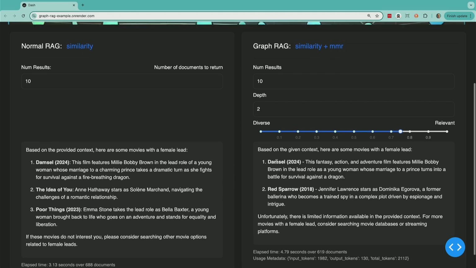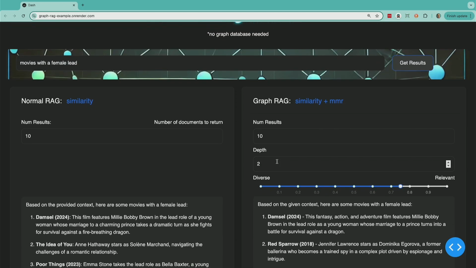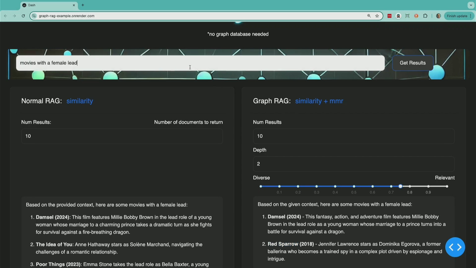The one on the right is the new one, which is this knowledge graph, which we're seeing a lot more people do, that I want to introduce the idea of. So similar results, they're both saying Damsel and Red Sparrow, right? So this is doing a search from our database, sending it to OpenAI and getting some results. So if you do a somewhat more complicated search,